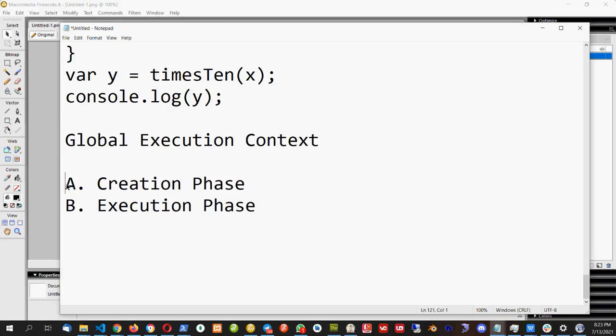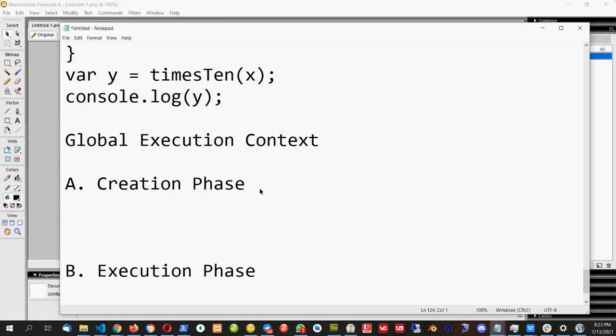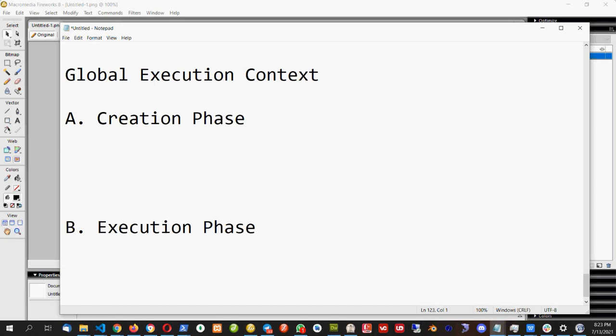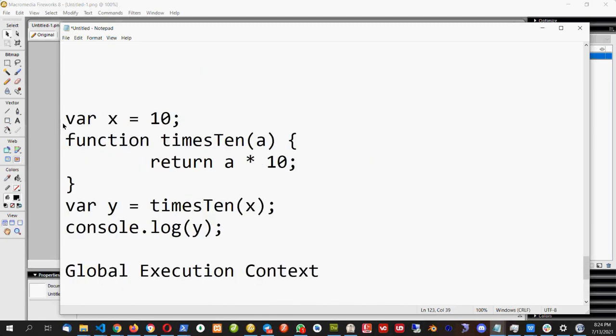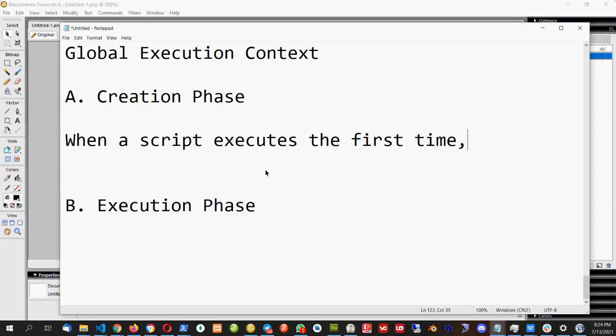So what happens first? First, it's a creation phase and then the execution phase. Now we will see what will happen in the creation phase, and then we'll see what will happen in the execution phase. So I will write down something and then I will explain that. When a script executes the first time,